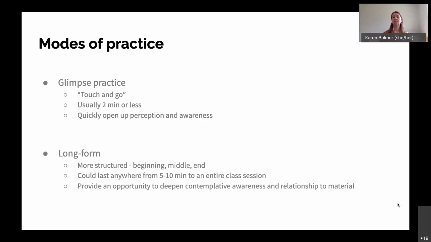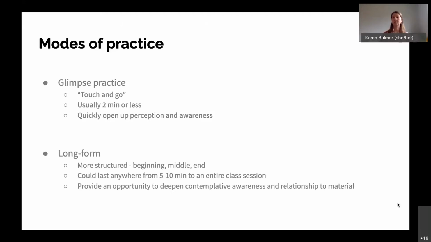So I'm going to read a brief passage from an essay by Wendell Berry called Damage. And while I read the passage, I want to see if it's possible for you to rest in an attitude of not knowing and not deciding. So see if it is possible to listen to the passage without trying to figure out what the passage is about, or to try to assess its relevance or decide whether or not you like it.